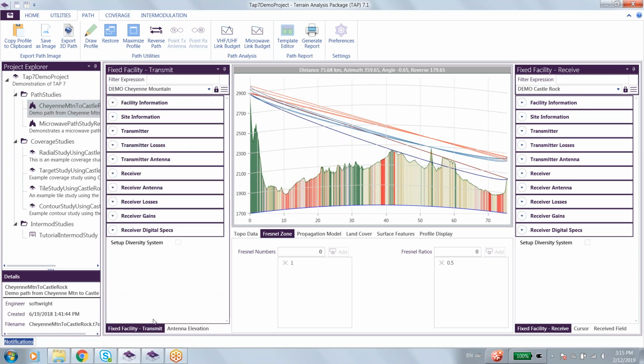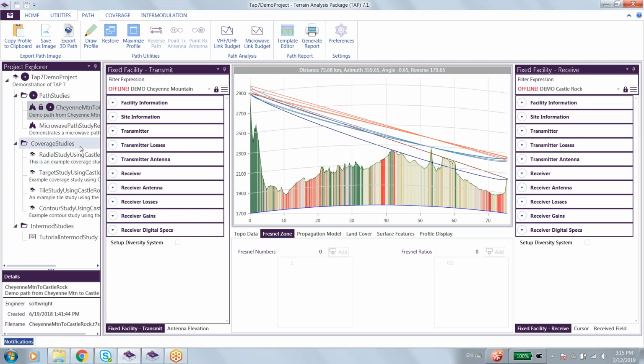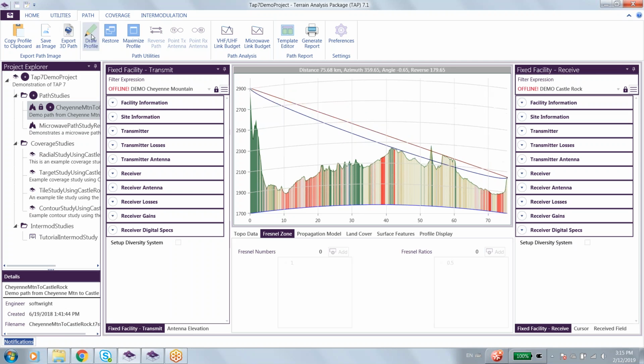The other new capability in TAP for paths is the ability to lock a path study. So if I lock a path study, it makes it so that path study information is preserved until a later date. If I come out, I'll draw a profile to clear my antenna elevation information off the graphic. Once this is locked, now if a particular set of fixed facilities is changed elsewhere, when you load it back up, you still get the preserved values as opposed to the edited values. It makes it so that if you have another user working your system, they can't affect your study setup, your link configuration, which you've worked very hard to